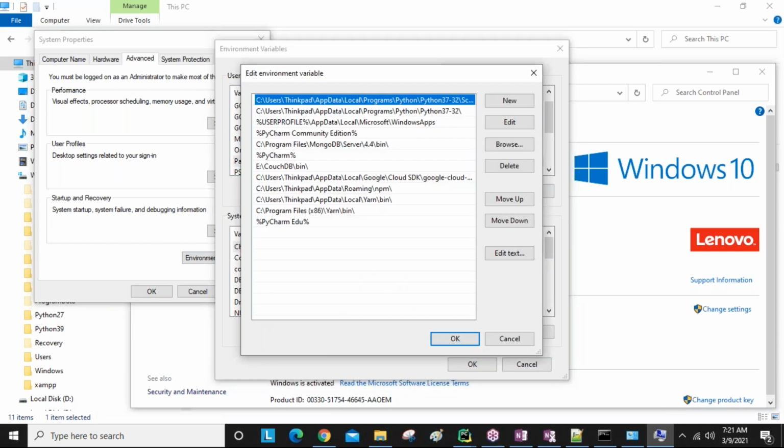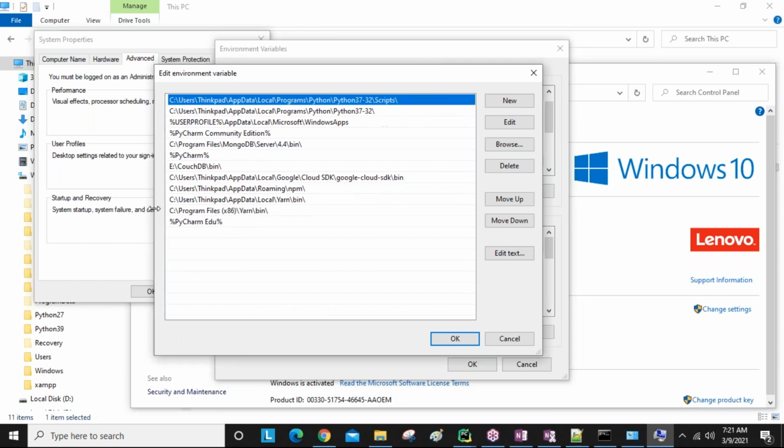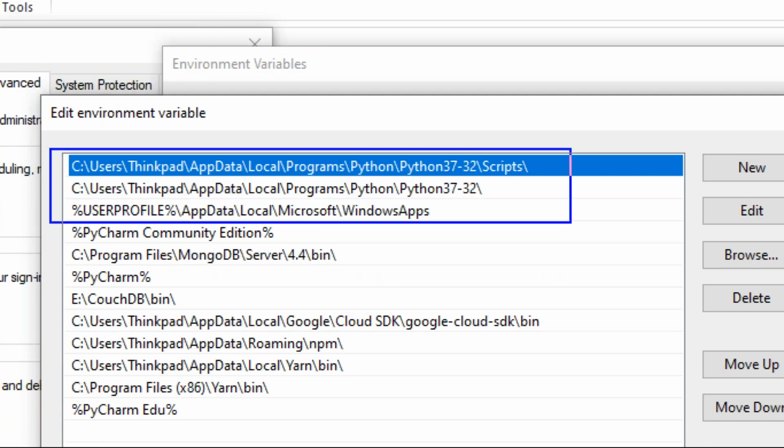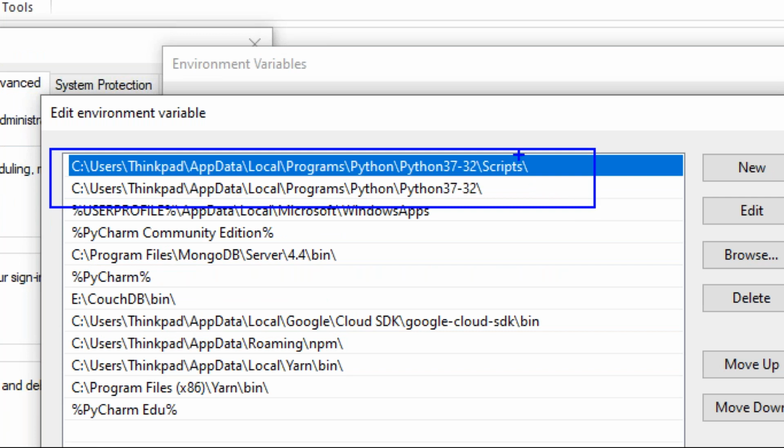So in the Path section, guys, I have given both things here. This is for the pip command location, where my pip is there, and where my interpreter is there, the python.exe file. The exe means executable file.